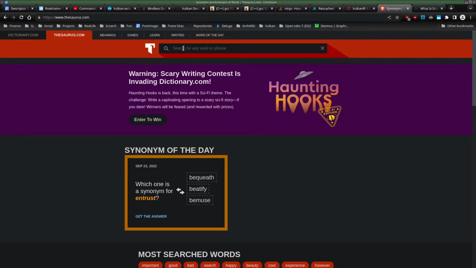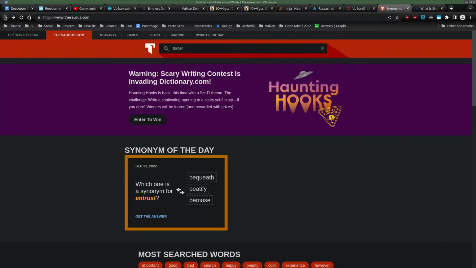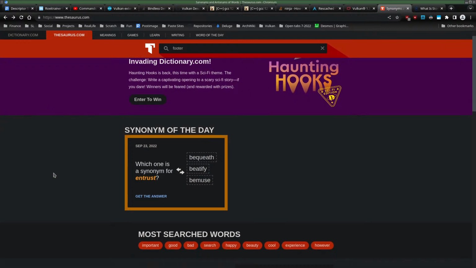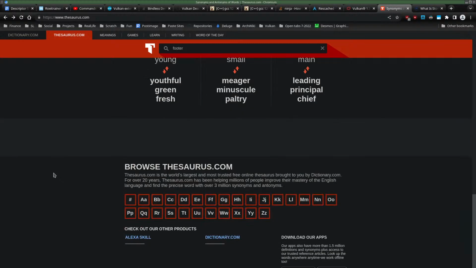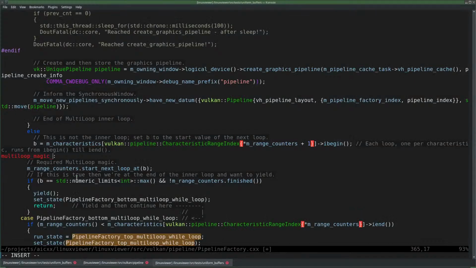And then I can type here footer, right? And then I get here. What? The thesaurus is broken. Tell me what I'm doing wrong here. What the hell, forget it. I'm just using something. Footer. Okay,